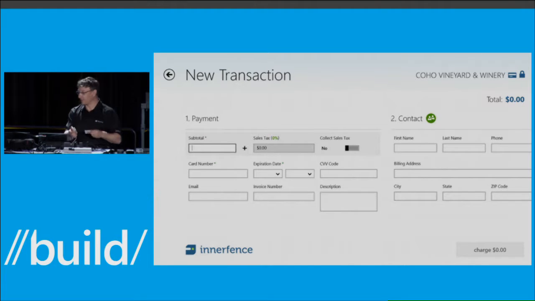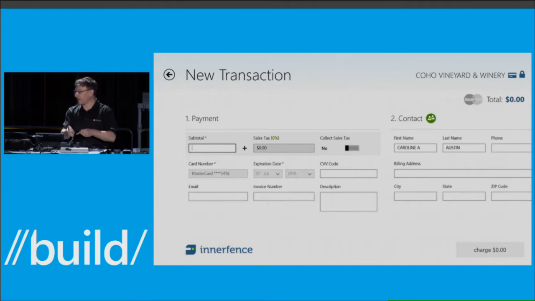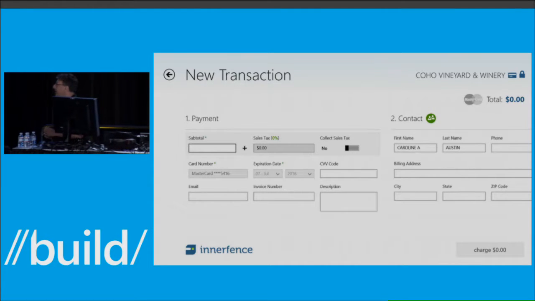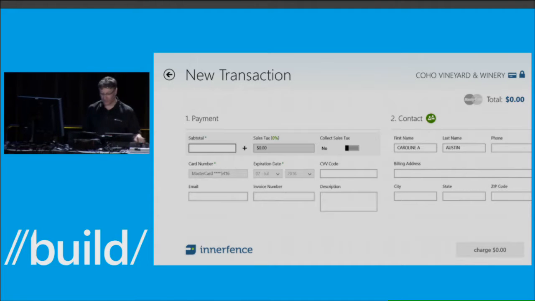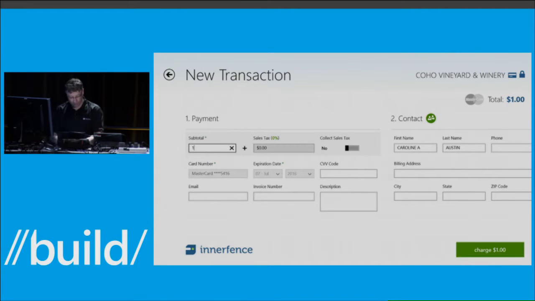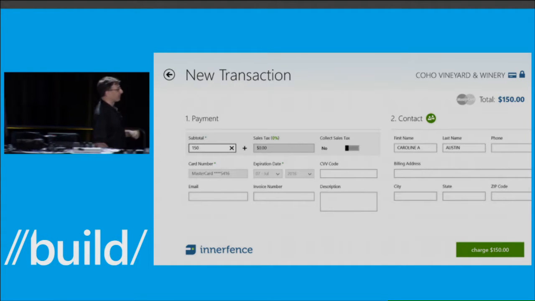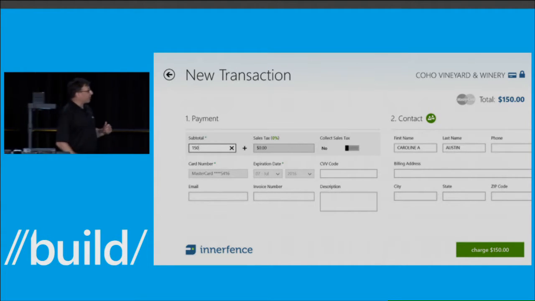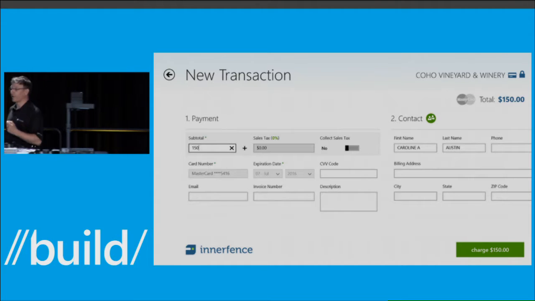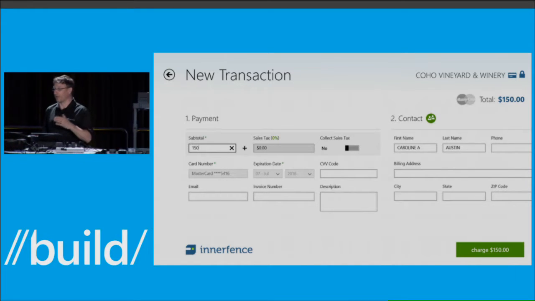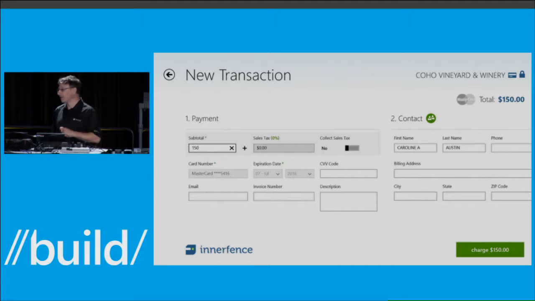that is connected to my Surface Pro. So I'm going to run the credit card through. You'll notice on the right-hand side of the display, Caroline Austin has come up. What we can do now within this application is enter a subtotal for this transaction and then charge this transaction. The application is kind of interesting in that not only can it process the transaction, but it also gives you the ability, based on location, to figure out what the local tax rate is for this transaction as